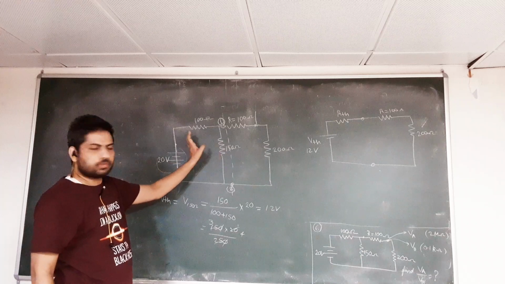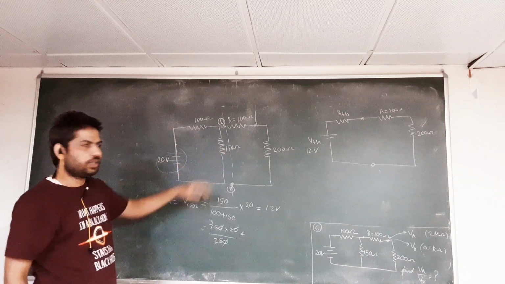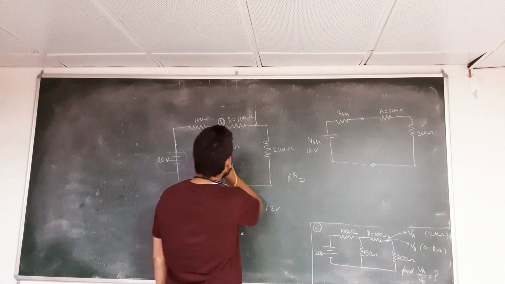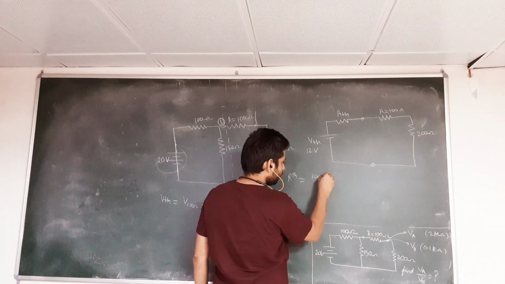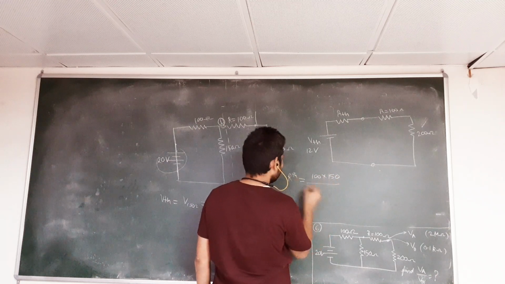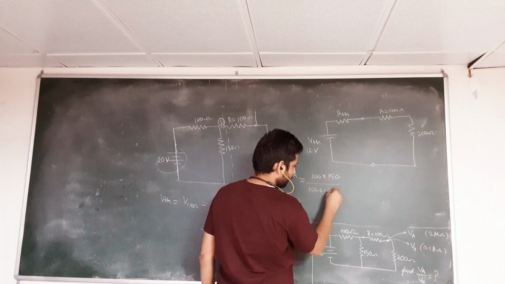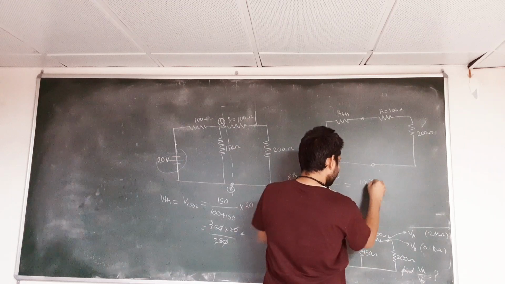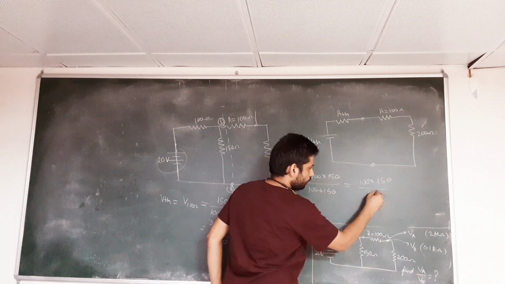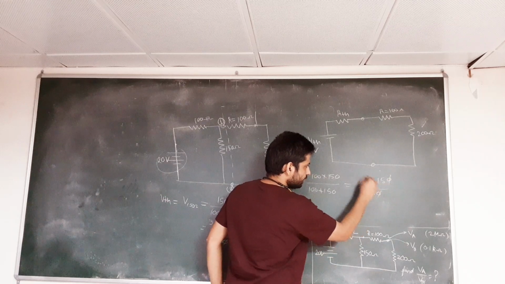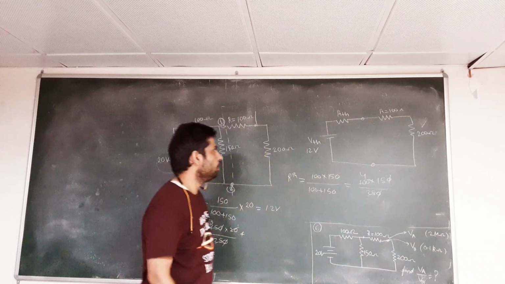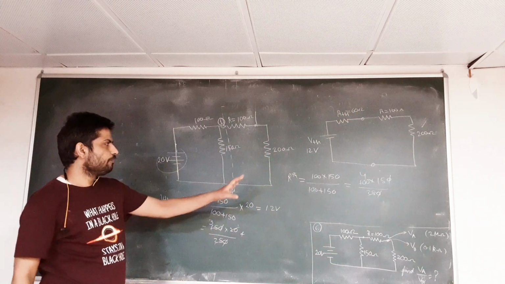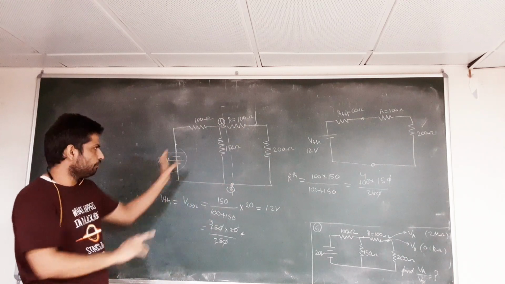Now you can find the equivalent resistance here. It is actually a parallel combination. So your RTH will be nothing but the product of the 2 terms, that is 100 times 150, divided by the summation of the 2, that is 100 plus 150. So it will be 100 times 150 by 250. You can cancel this 0, this as 4. So it will actually be 60 ohm. So this RTH resistance is 60 ohms.